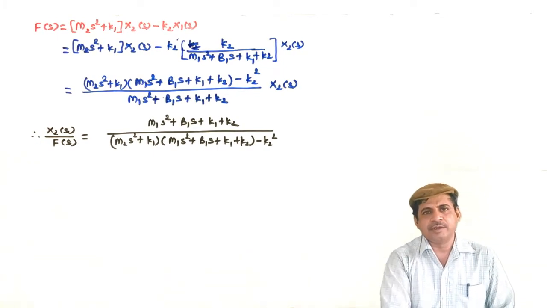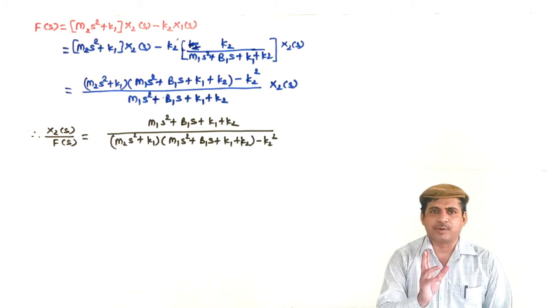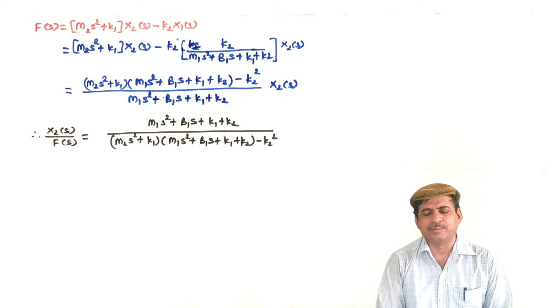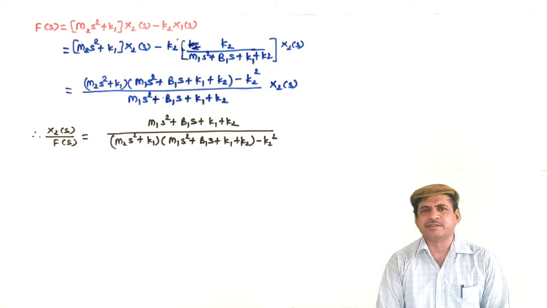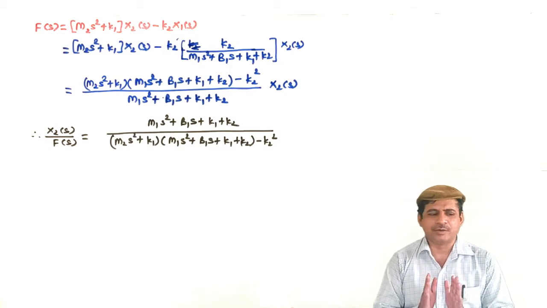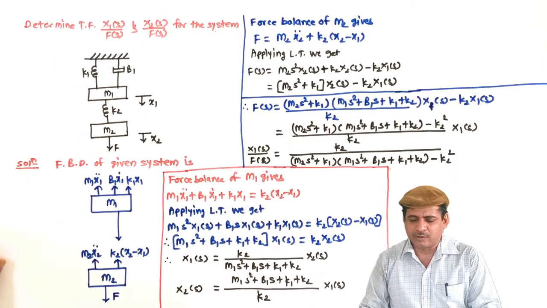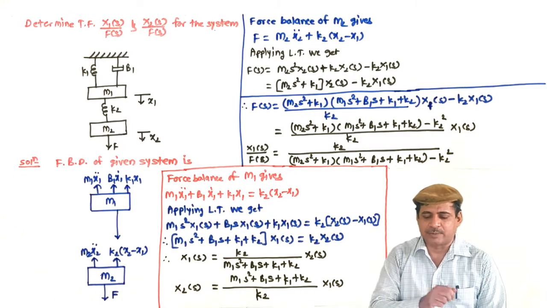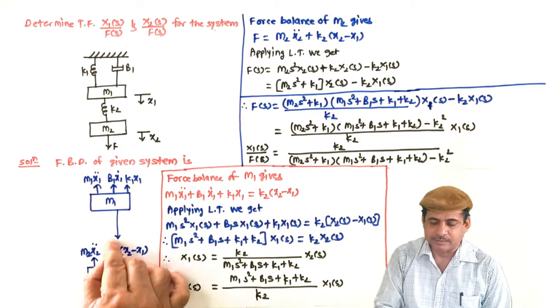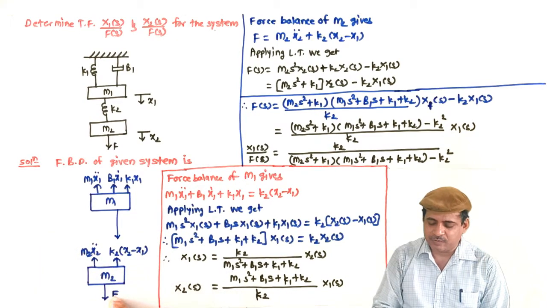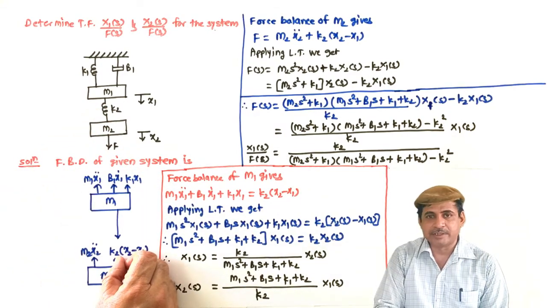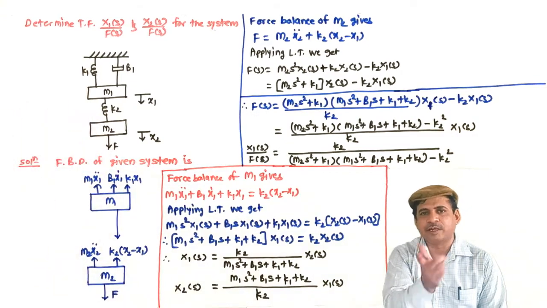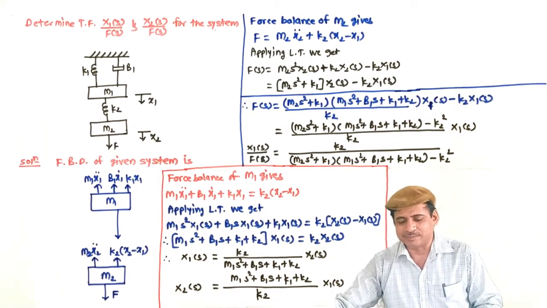So it is enough for this lecture. In the next lecture we will solve a couple of examples, one or maximum two, to increase the efficiency in selecting the bodies. What we have said is that we have to select the body. While drawing the FBD, we select a body where the force is applied, and we start in this direction. So it was F. To balance this, M2 will oppose, K2 will oppose, so K2 in this direction. But if now the force is applied here, then what happens? We don't know. Let us see in the next lecture.